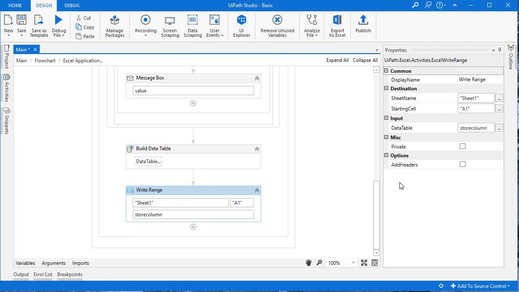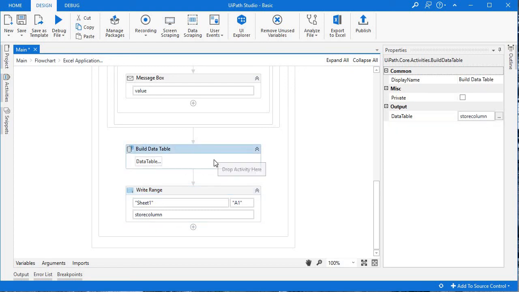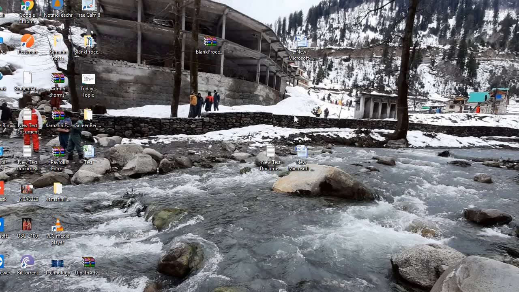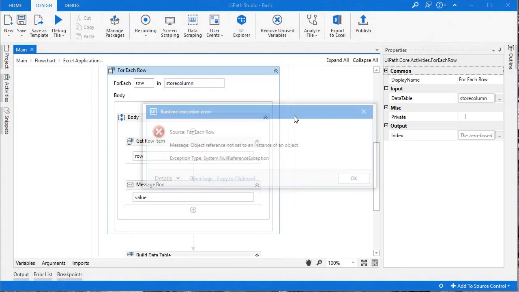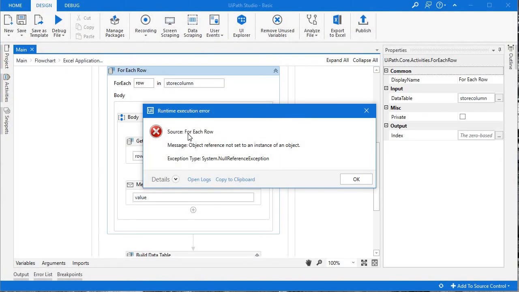And in write range input data table, we have taken this store column, which I made from here. So let's run. Giving error, that is for each row, object reference not set to an instance of an object, System.NullReferenceException.